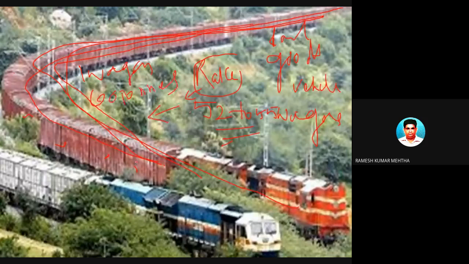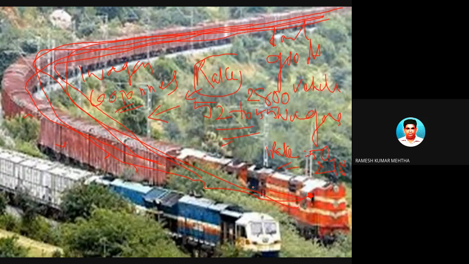One, two, three, four, five, six, seven, and so on and so forth. It has about 50 wagons, and in one wagon you can accommodate near about 60 tons. And I told you how many wagons can be placed on a ship: 2,800 wagons can be placed on a ship. So like this, one rake is having 50 wagons. So I can place on the ship 2,750 wagons, which is equivalent to almost.